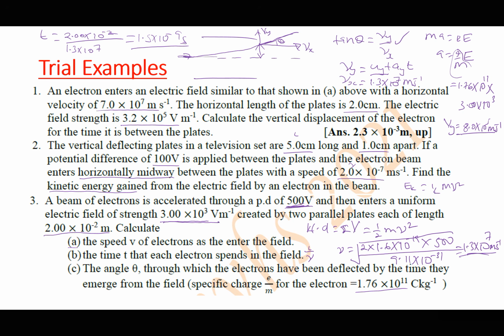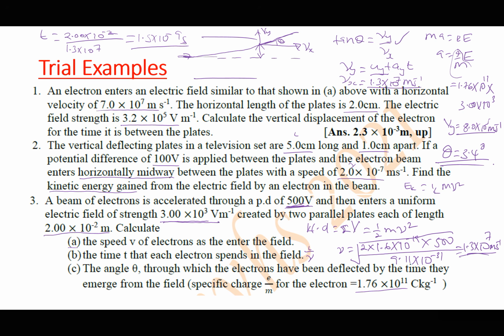Now to find theta, you just go back. Tan theta is Vy over Vx, and get the tan inverse. So let me find the tan inverse. Vy is this, Vx is this. Pressing to find the tan inverse. So the angle theta is 3.4 degrees. You can verify that. Okay, so that being said,